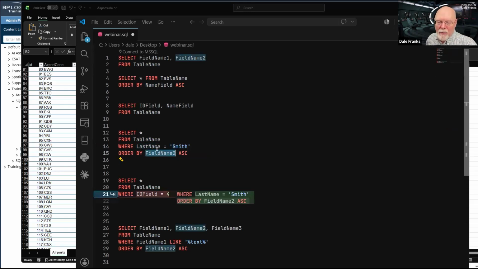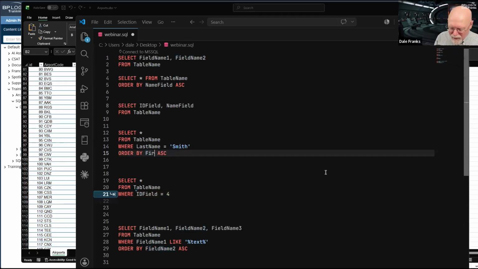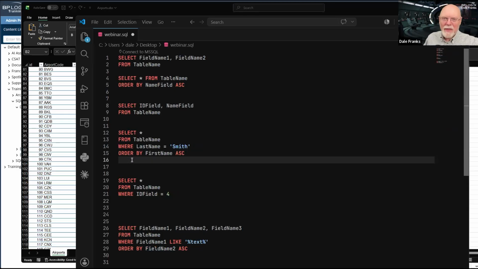Now, I'm probably not going to sort by last name. What I'm probably going to do is sort by first name, so I'll get Smith, Alex; Smith, Bob; Smith, Christine; Smith, Donna, and they'll all be in alphabetical order by last name and then by first name.